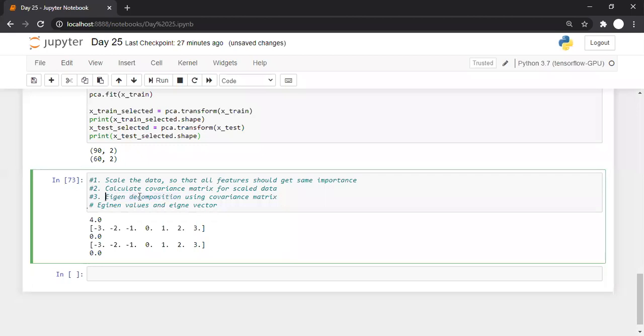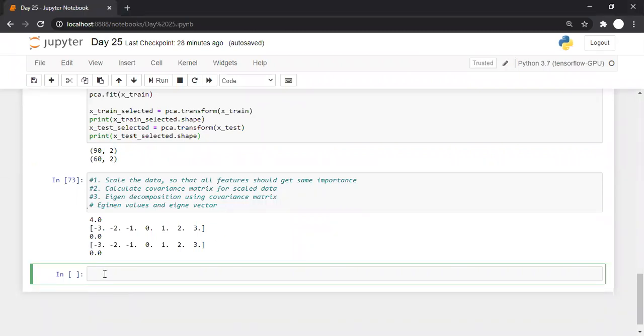And once they are computed, we can use that to select the features. Class, any doubt till this point? If you have no doubt, then we'll check how this internally works. So these are the steps, and let us go for implementation of these steps.